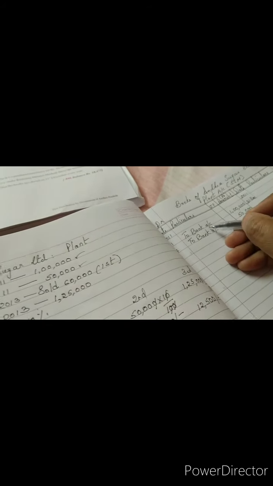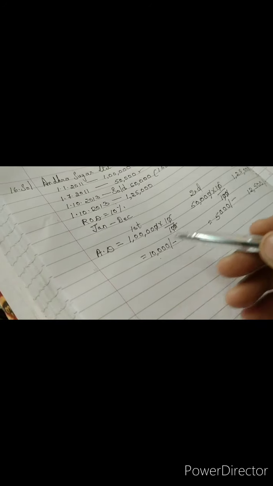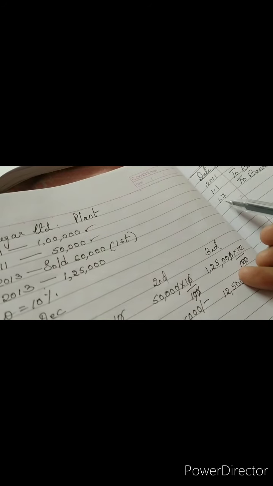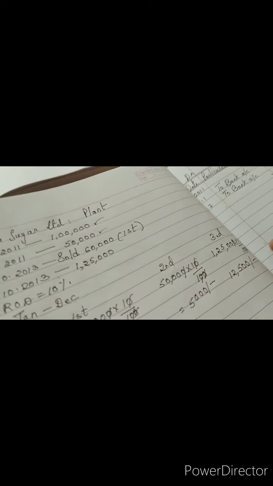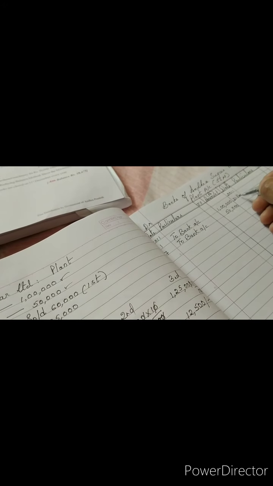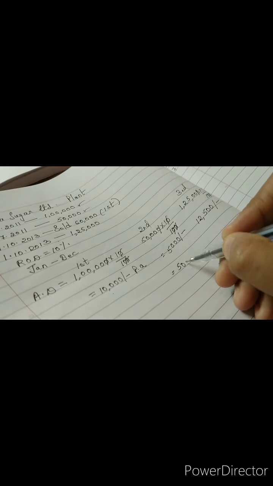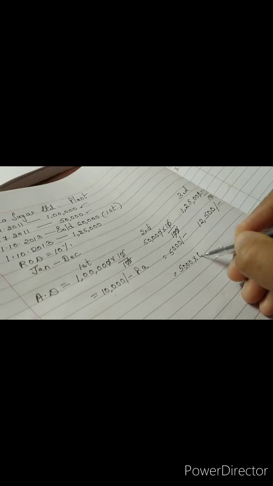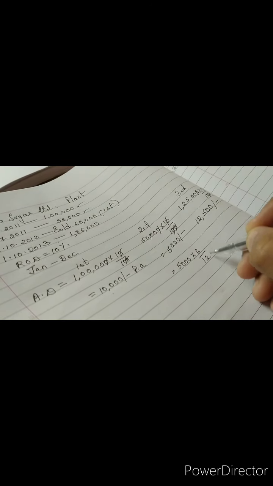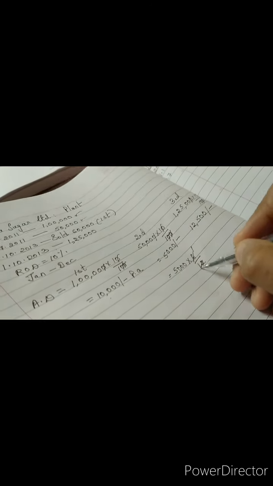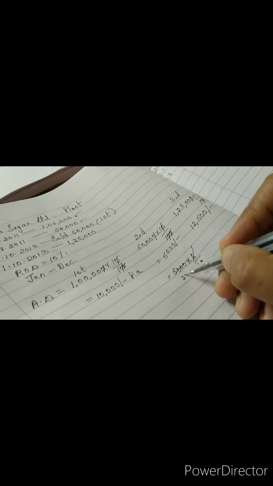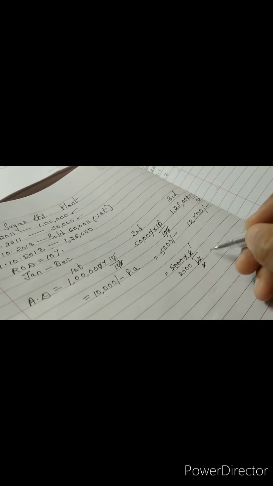So depreciation will take completely, it means 10,000. But the second machinery, it was purchased on 1st July, it means it has been used in the organization till 31st December, that is only for 6 months. So you will have to calculate this. 5,000 is for 12 months. If you have to take how much is 6 months out of this 12 months, you will get 2,500, that is half of it.